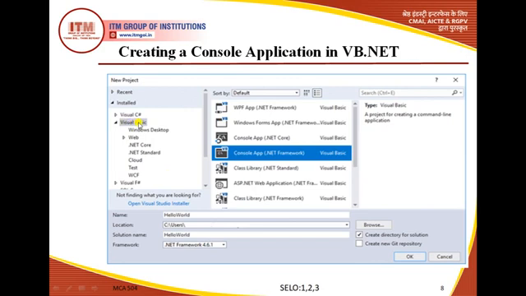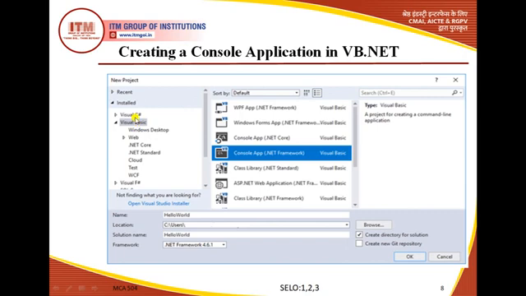Then the console application option will come. We can select several options from here, like WPF, Windows Forms, console application, ASP.NET web application, and a number of other things. So we can click any application we want to build.